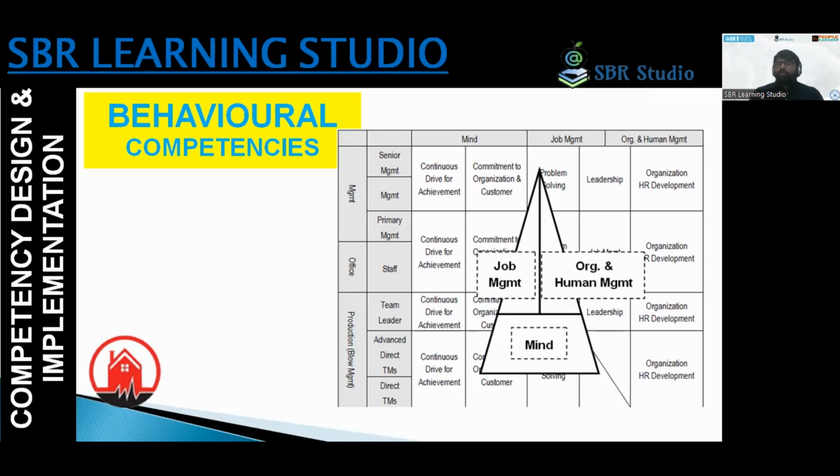So when it comes to a function based organization, it means in one function, if someone is in one position, their roles are similar. So this will help you. The competence and identification of competency will help you decide who should be given what role. If he is in a particular position, he has to perform the same jobs only.